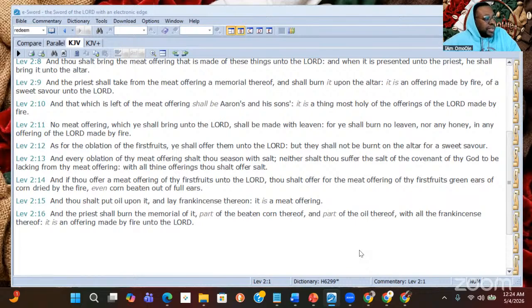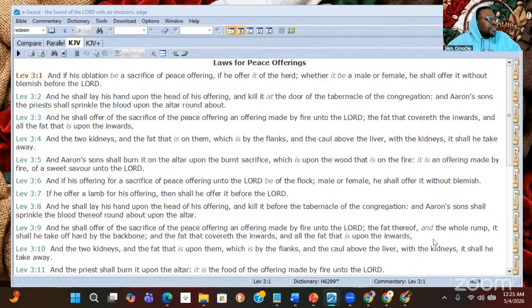And thou shalt put oil upon it, and lay frankincense thereon. It is a meat offering. And the priest shall burn the memorial of it, part of the beaten corn thereof, and part of the oil thereof, with all the frankincense thereof. It is an offering made by fire unto Jehovah. Oil, frankincense. It is a meat offering. Okay. And if his oblation be a sacrifice of peace offering, if he offer it of the herd, whether it